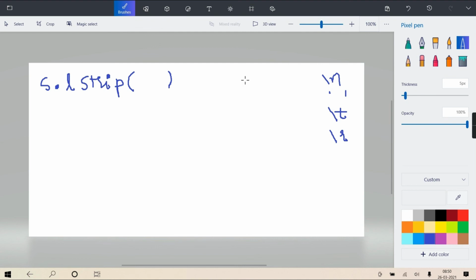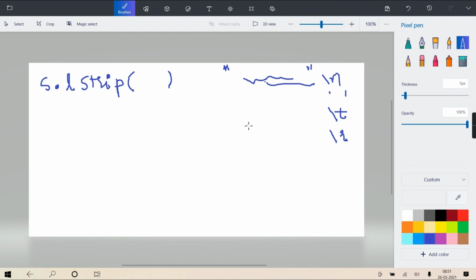So from the left side in your string, till it is getting space characters, it will delete, truncate, strip them, and the moment it gets a non-space, it will stop there, and from there the remaining string is returned. You understanding or no?